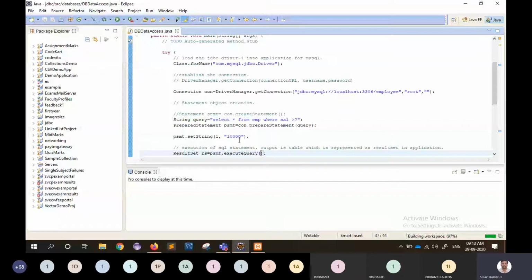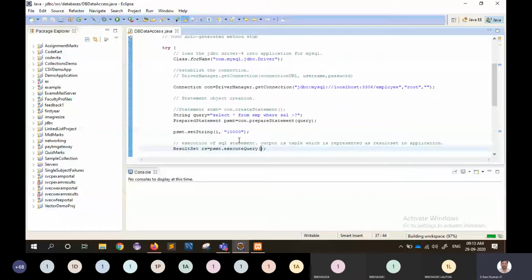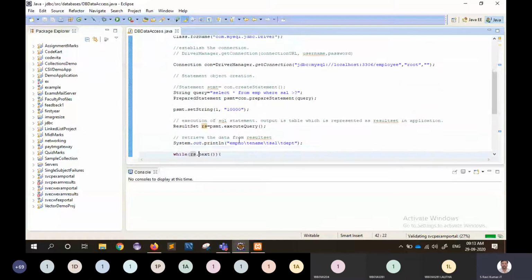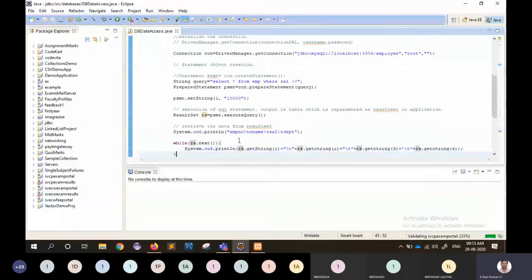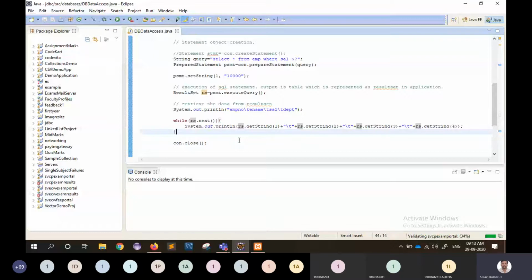So directly you can call executeQuery method without passing the argument. Then we will get ResultSet object as usual, no changes at all here. So rs dot next, getString of 1 2 3 4, and then connection dot close.